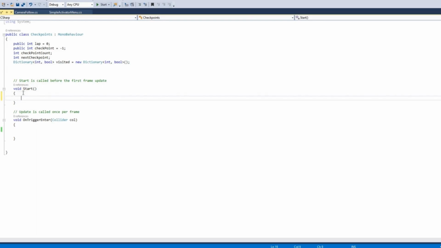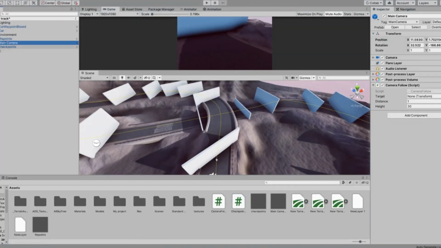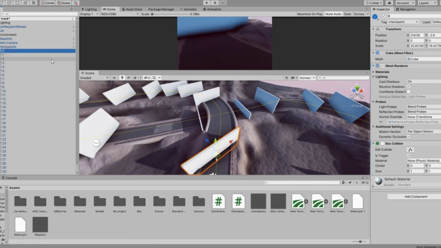So in the Start, we will find all the checkpoints. So we will write GameObject.FindGameObjectsWithTag, and the tag we have assigned to checkpoints is, if you select your checkpoints, each checkpoint has been assigned the tag checkpoint.